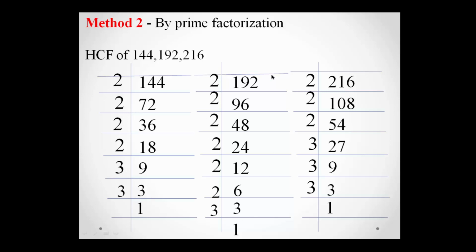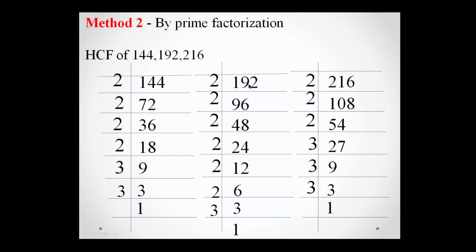Now we need to find HCF of 192. So, like we did before, we will find prime factors. Again, we will take a smallest number that can divide 192. That's 2. What should be multiplied to 2 to get 192? 96. So 2 multiply 96 is 192 and we will do like this till we get 1. So which are the prime factors? Prime factors of 144 are 2, 2, 2, 2, 3 and 3.